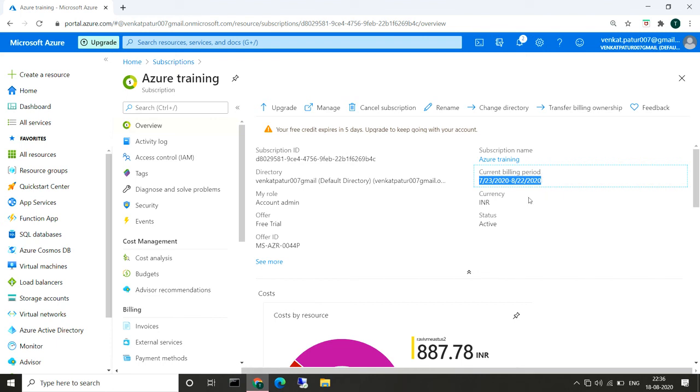You will get the credits that Microsoft is giving. After 1 month it will be exhausted. Even if credits are remaining, there is no use of those credits once the time expires. By using this you can get the subscription. So this is all about getting a subscription from Microsoft for the Azure account. Okay, thanks for watching.